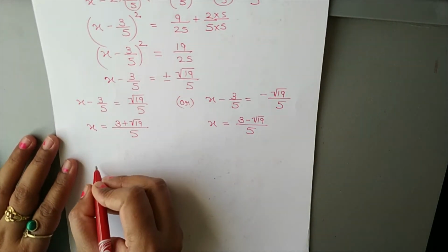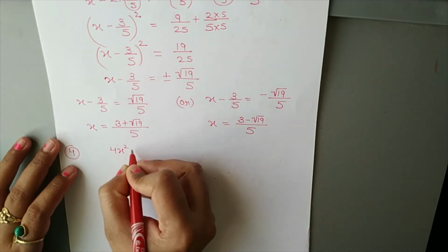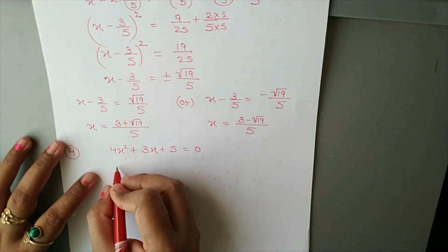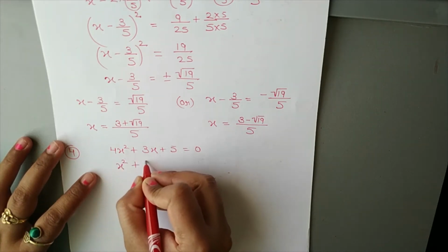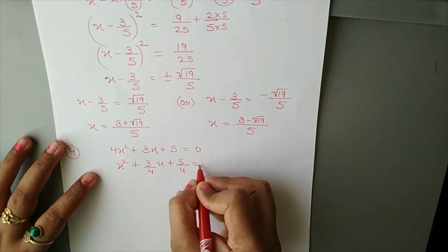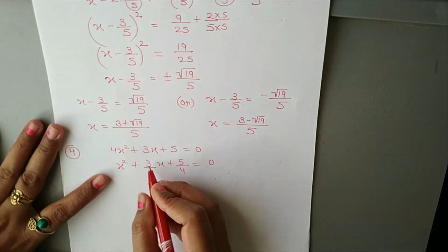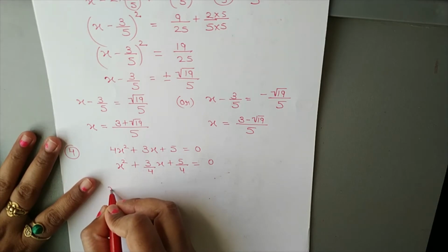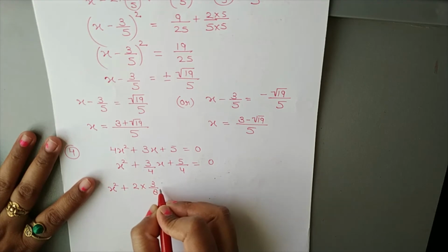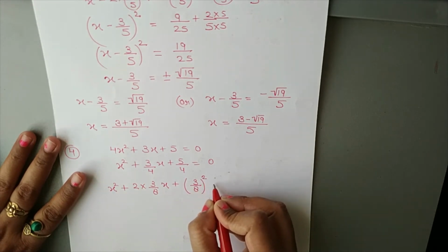Okay, now next question, question number 4. 4x square plus 3x plus 5 is equals to 0. So first we have to divide: x square plus 3 upon 4 x plus 5 upon 4 is equals to 0. Then divided by 2, so it will be 3 by 8. So it can be written as x square plus 2 into 3 upon 8 x plus 3 upon 8 whole square,